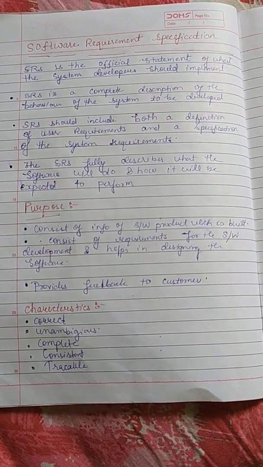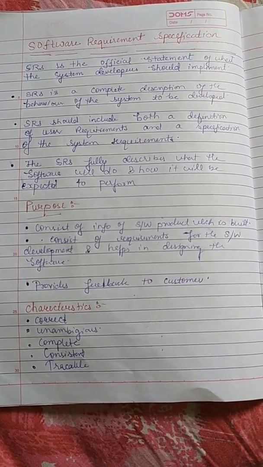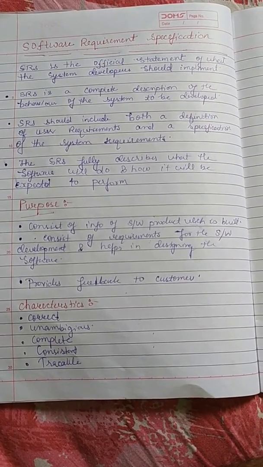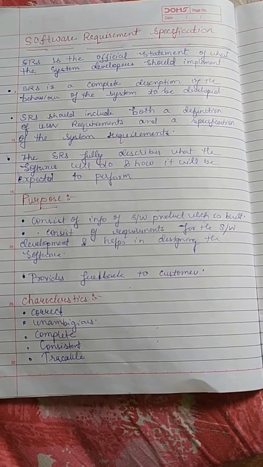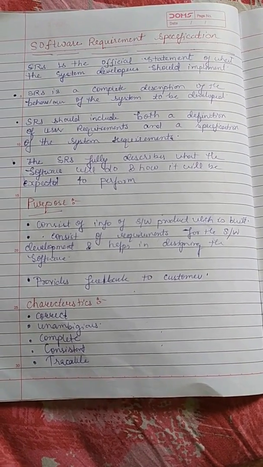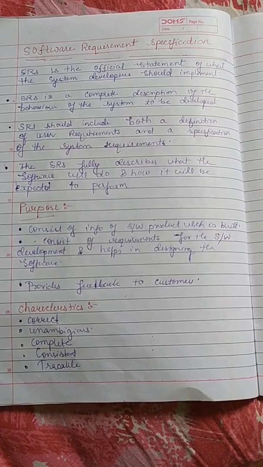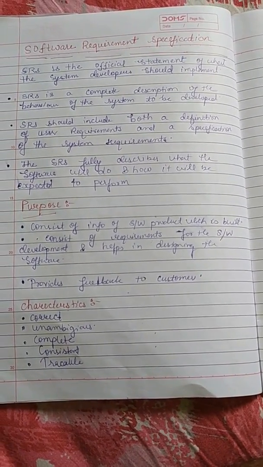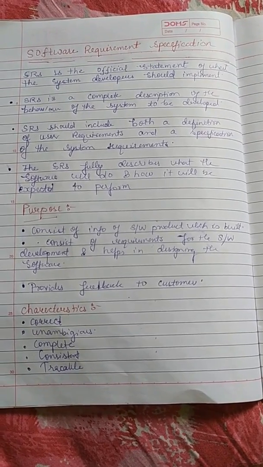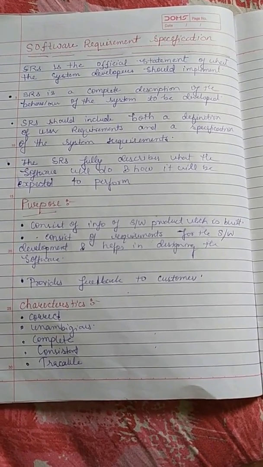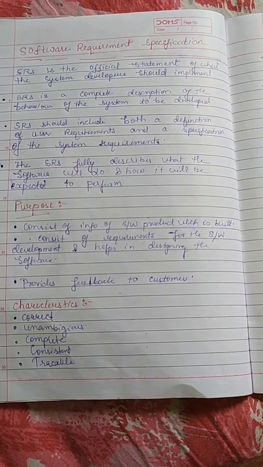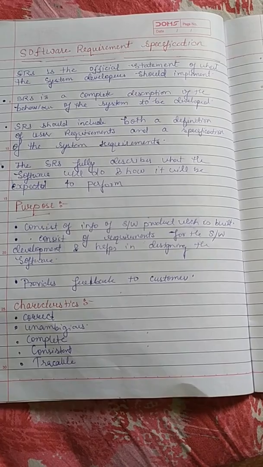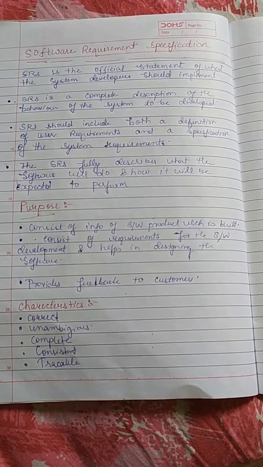In our previous module, we discussed the project life cycle and SDLC model of software engineering in detail. Today, we will discuss the software requirement specification, which we call in short the SRS document. An SRS document is a type of official documentation used between the customer, or client, and the software developer